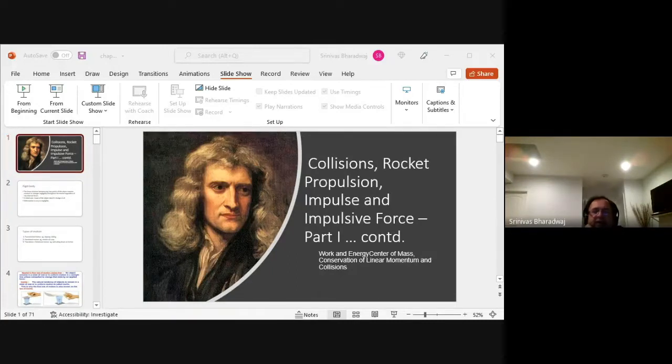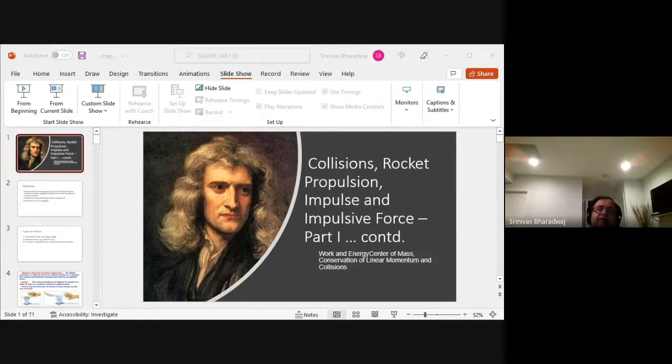Okay, so if there are n bodies, m1, m2, m3, m4, m5, up to mn, whose net mass is m1 plus m2 plus m3 up to mn, equal to capital M. The n bodies are at n different places, each in a different place, and the location of each of the bodies is defined by the vector Ri. The position of the ith body is Ri.